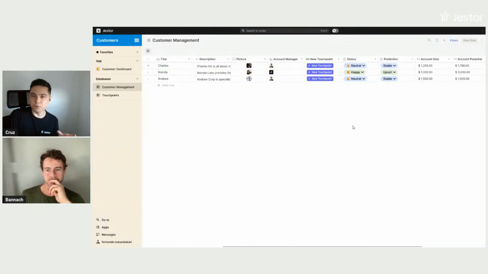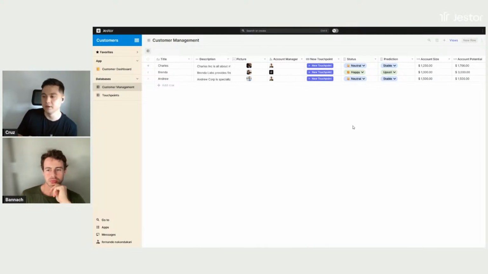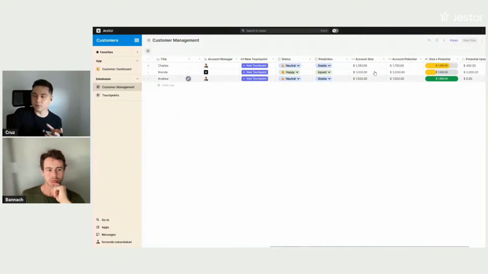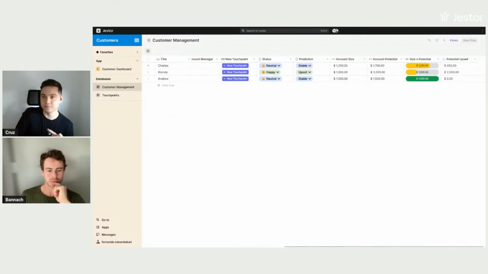I have a multiple users field for the account manager. We're using multiple users here because sometimes, depending on the account size, there's a customer that you have more than one person taking care of. So you can add more than one user here. I have single option fields to indicate the status and the prediction. I have currency fields for account size and account potential. I have, and I'm going to show you guys this, a goal field